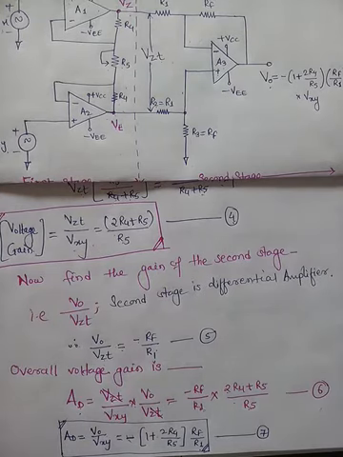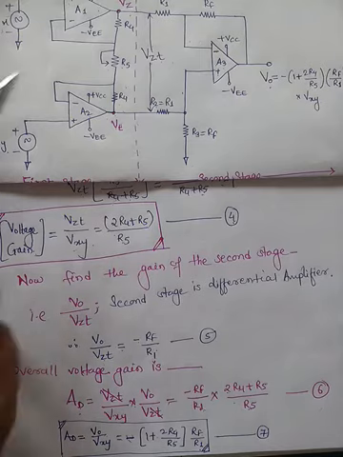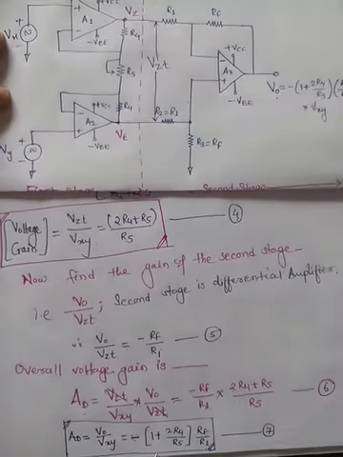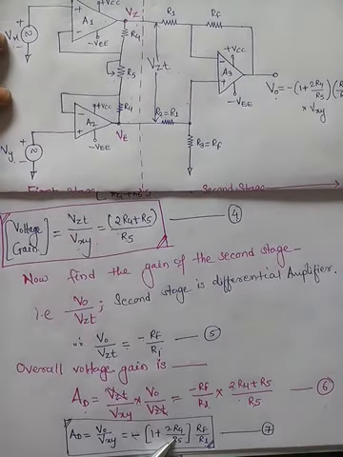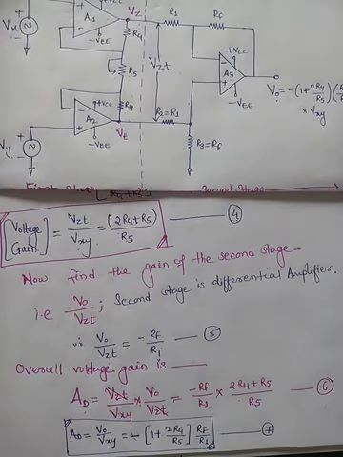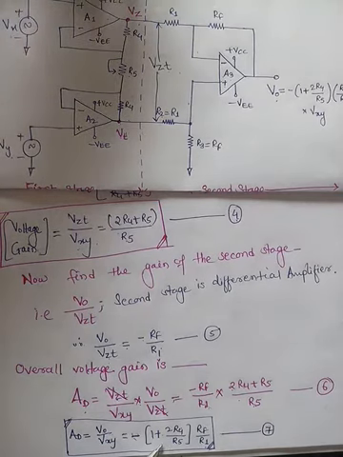So this gain can be changed by varying the potentiometer R5. We can see here in the equation there is the potentiometer R5. So gain is inversely proportional to R5. Of course, this R5 we can never set to 0, or we could not set it to infinity, because if R5 is set to 0, what happens to the gain? See that if R5 is equal to 0, what should be the gain?